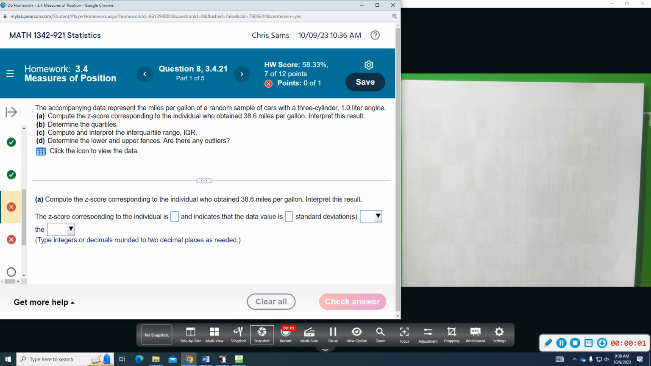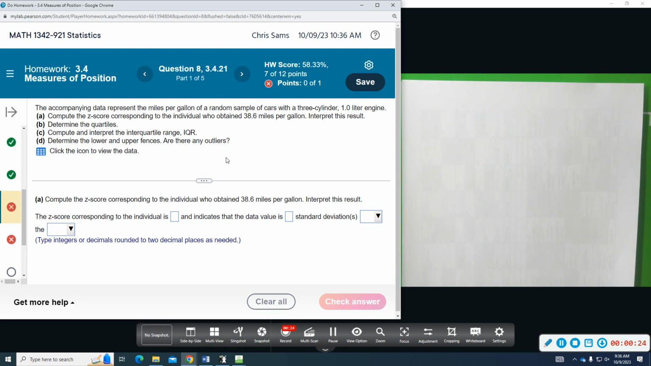All right, question number 8. We're going to use the data given for miles per gallon of a random sample of cars with a 3-cylinder, 1-liter engine. We're going to compute the z-score. We're going to determine the interquartile range, determine the quartiles, upper and lower fence, and then answer are there any